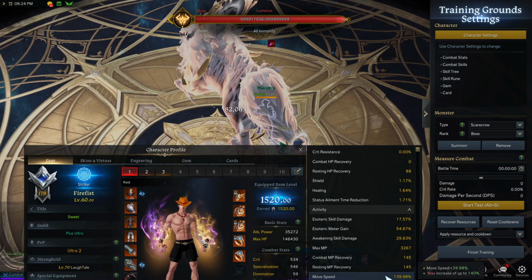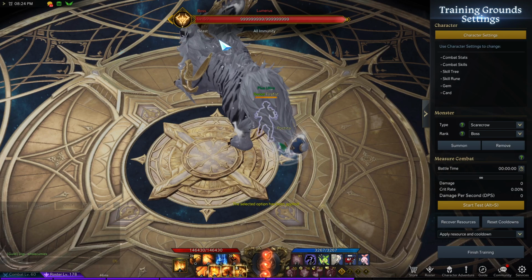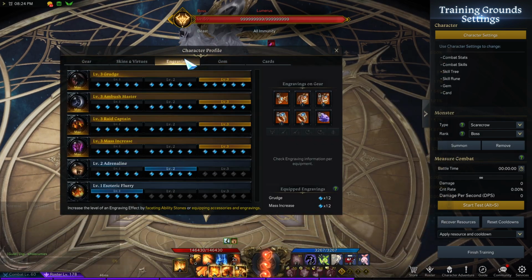You're screwed. You messed up. Your build sucks. 1211 though. Smooth sailing. Raid captain, solo,